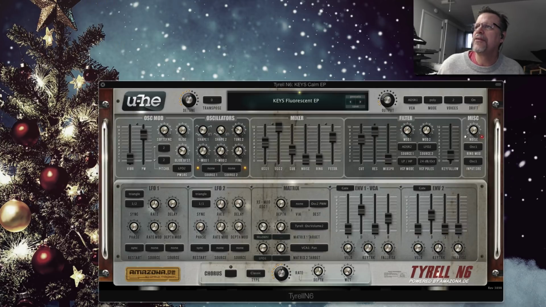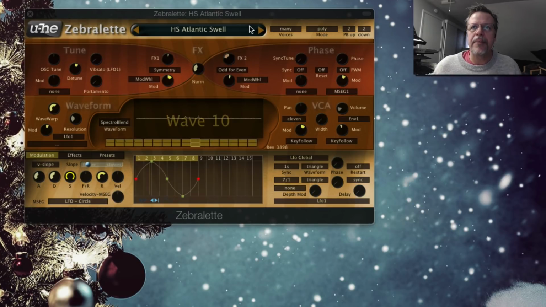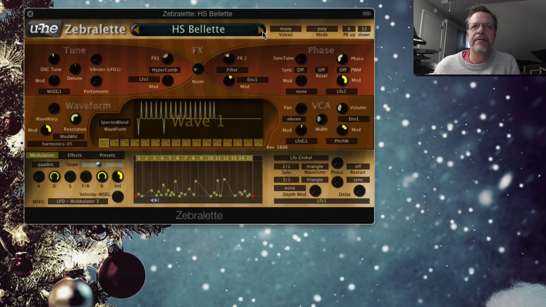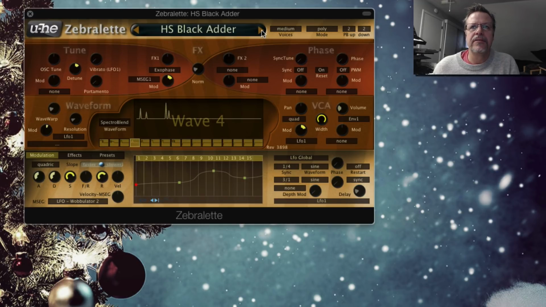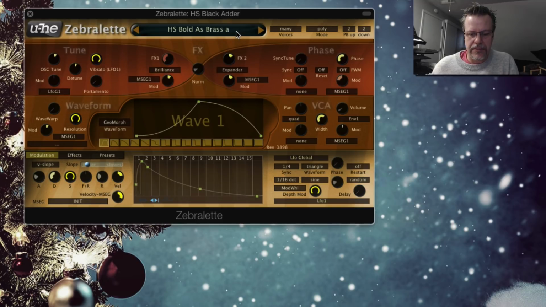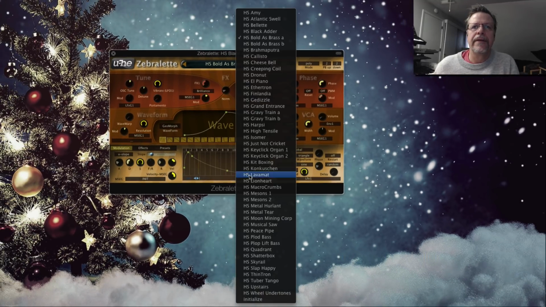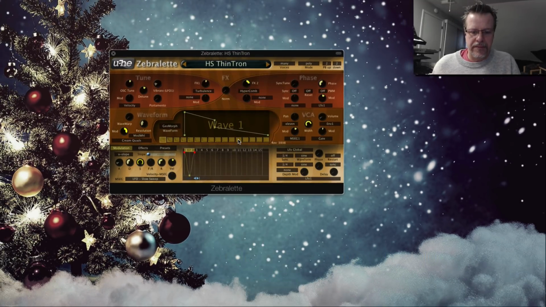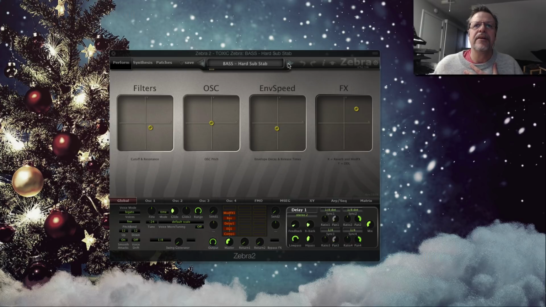Capable of some nice sounds. Again, Zebralet is a subset of Zebra and can do some really interesting sounds. And this is just a fraction of what you can get from the full version of Zebra. In fact, the library that we released, Toxic Zebra,